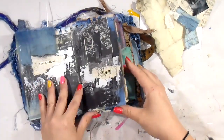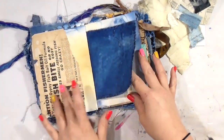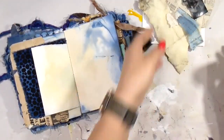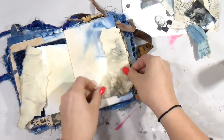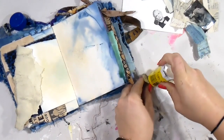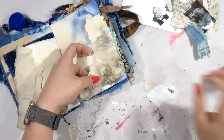So I'm just randomly flipping through to decide what background I really want to use. And that caught my eye because I forgot that I had used that old, what was that? Maybe like an old ad of some sort. So I'm going in here, I have my giblets out, and I'm just going to start